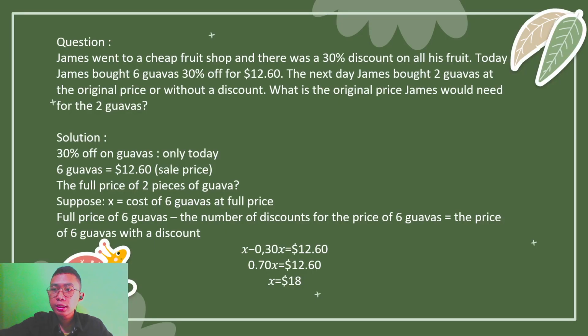The question is, James went to the cheap fruit shop and there was a 30% discount on all his fruit. Today, James bought 6 guavas, 30% off, for $12.60. The next day, James bought 2 guavas at the original price, without a discount. What is the original price James would need to pay for the guavas? The solution is